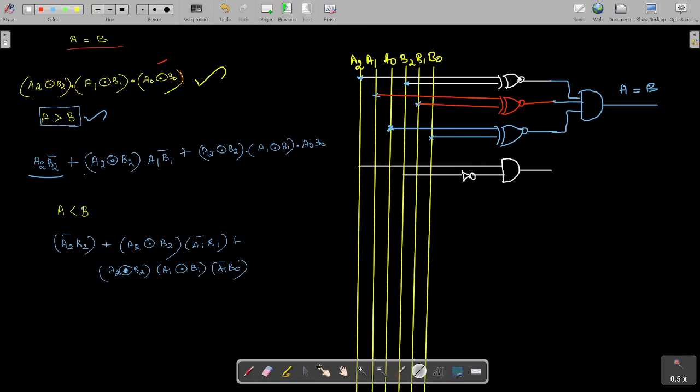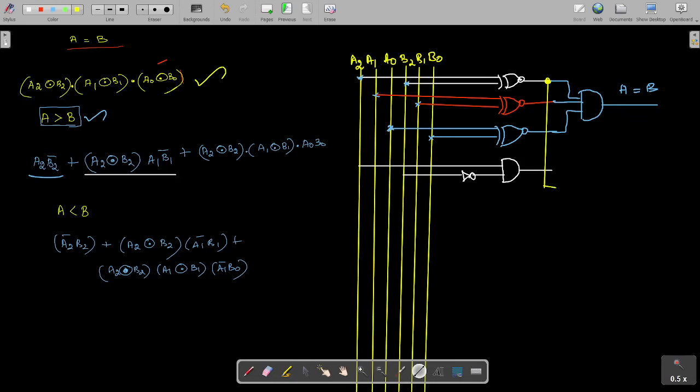Then we go for the second term. For the second term, it is A2 equivalence B2. So A2 equivalence B2, then we can take the output from here. This point, okay. So I can take it. This is A2 equivalence B2.